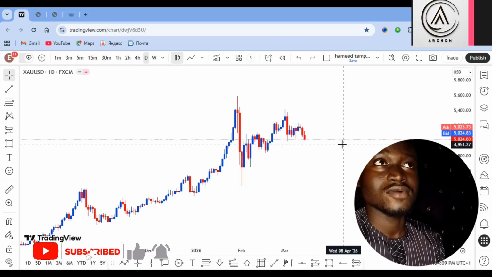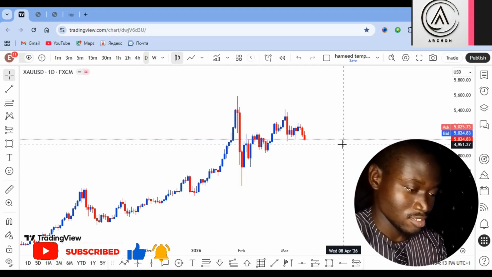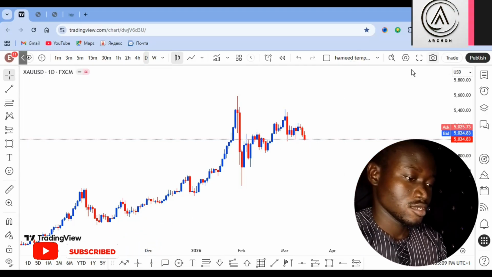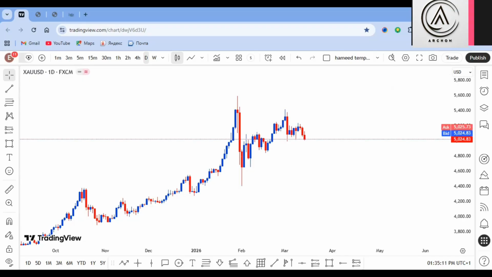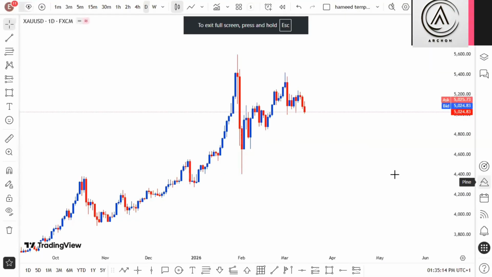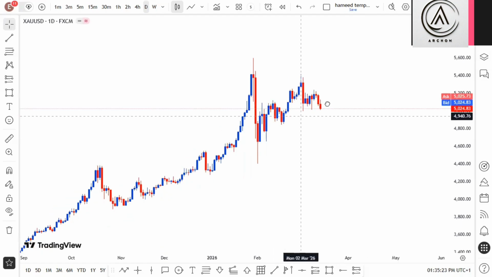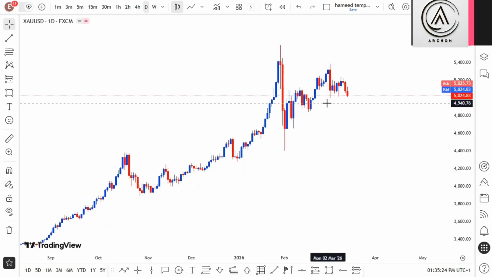Today's video is about our weekly analysis, and without wasting much of our time, let's move straight to the video. Right now, as we all know, we go to the daily time frame to check for our last candle of the day. Now, this is our daily time frame. As we can see on the daily time frame, we have a